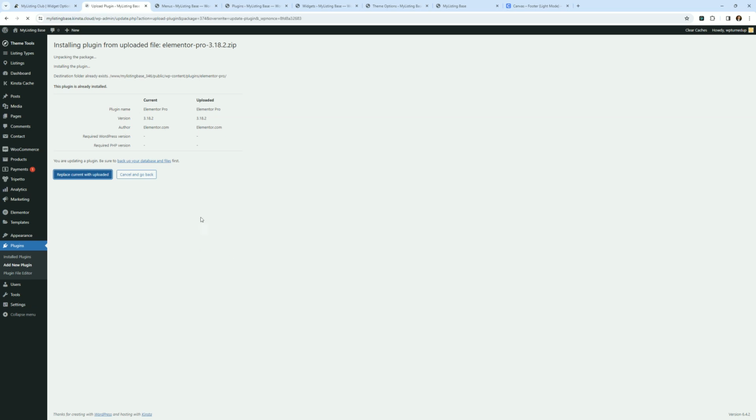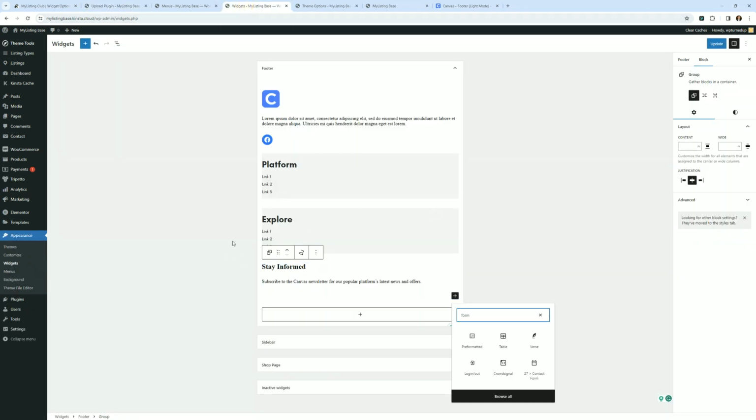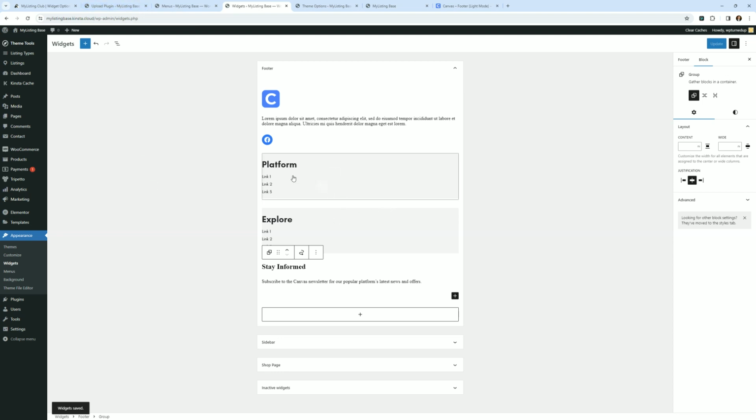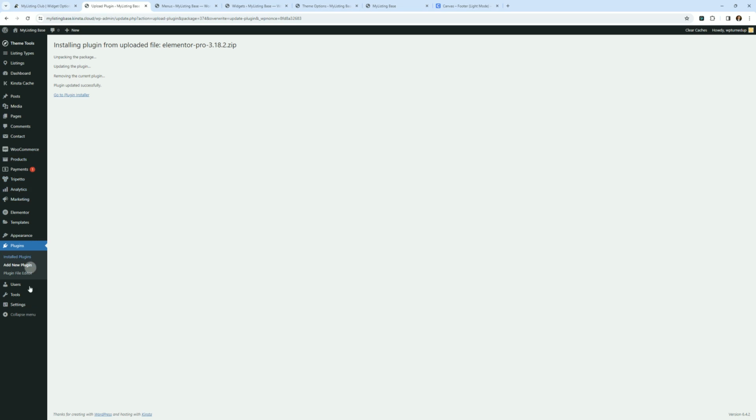Oh, okay. So it looks like we already had it. So that's my bad. Sorry about that. Okay, so let's go ahead. We already have Elementor Pro, so that's interesting. So maybe we can't call it with the native widget. So let's go back and for fun, let's